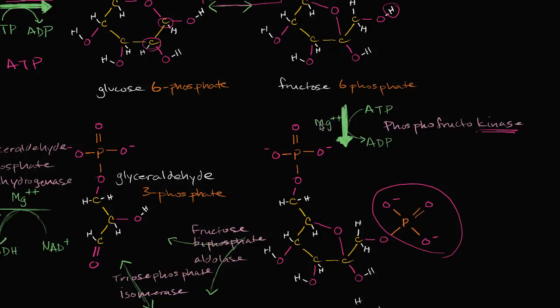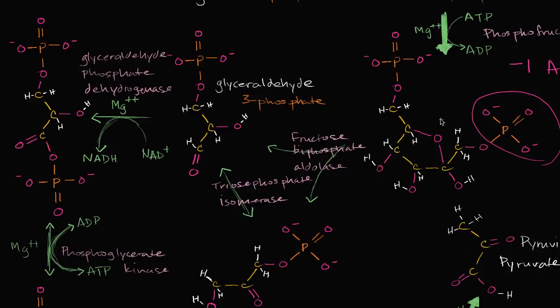It helps stabilize some of the negative charge associated with the phosphate groups. We talk about that in other videos. But the important thing is it uses another ATP. We're still in the investment phase. Negative 1 ATP. And every time I look, it's just fascinating that all of this stuff is happening in your cells as